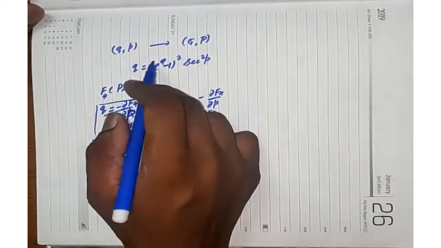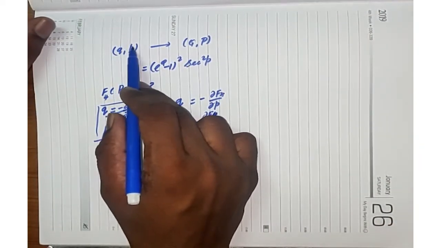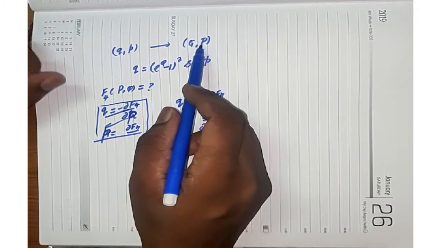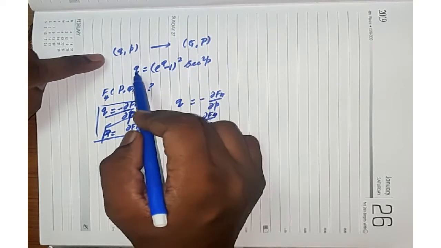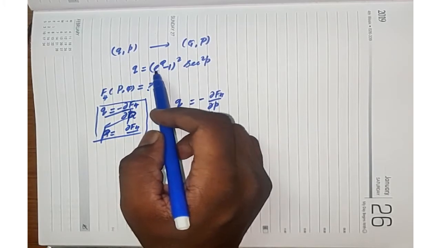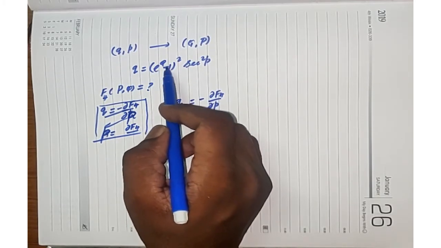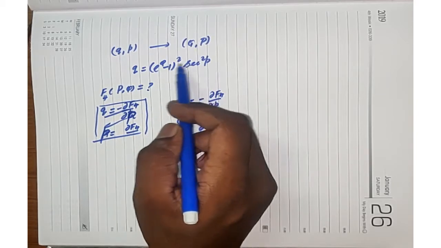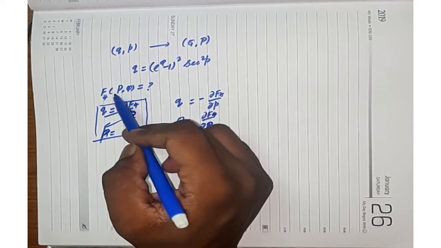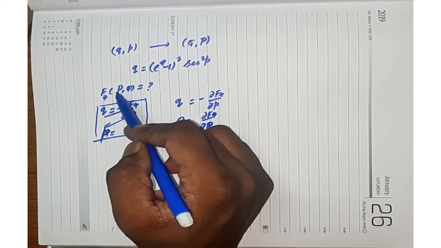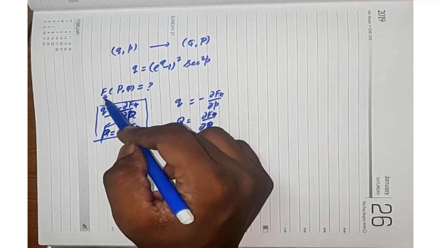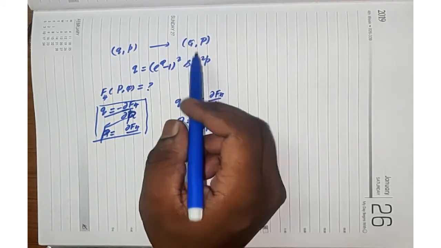Here, the canonical transformation is given from the canonical pair q, p to capital Q, capital P. One of the transformation equations is given: q is equal to (e^q minus 1) whole squared secant squared p. This is one of the transformation equations. They are asking what is the generating function, a function of capital P comma capital Q. This is the fourth kind of generating function.